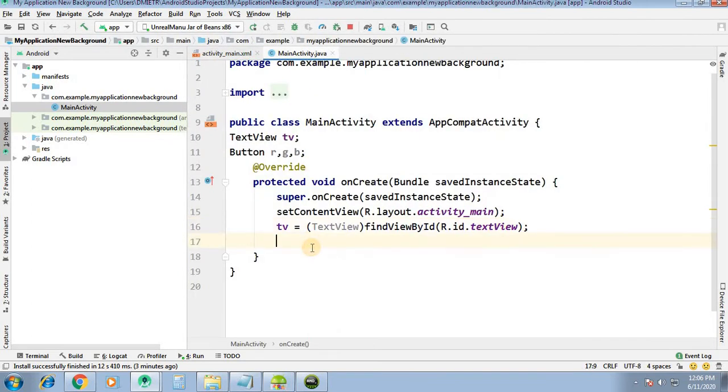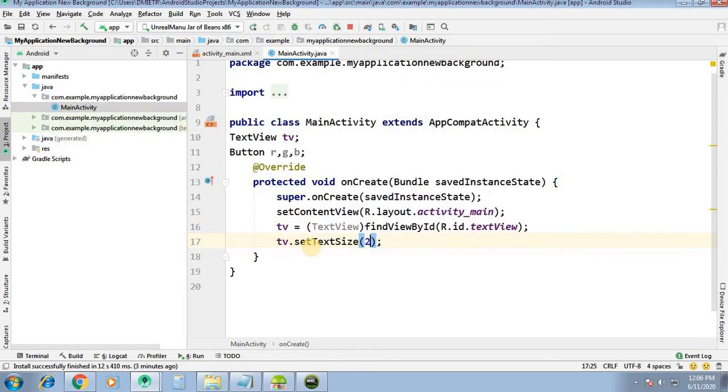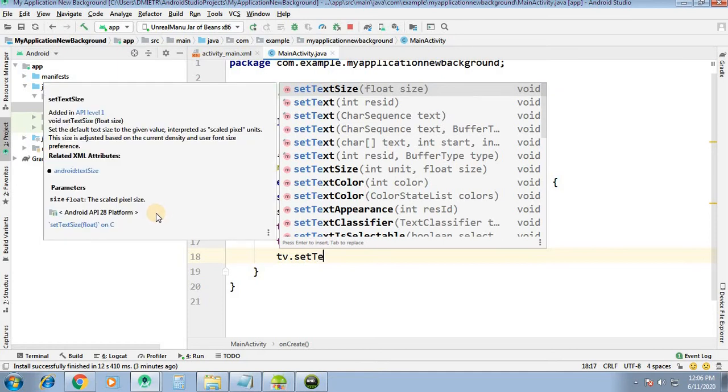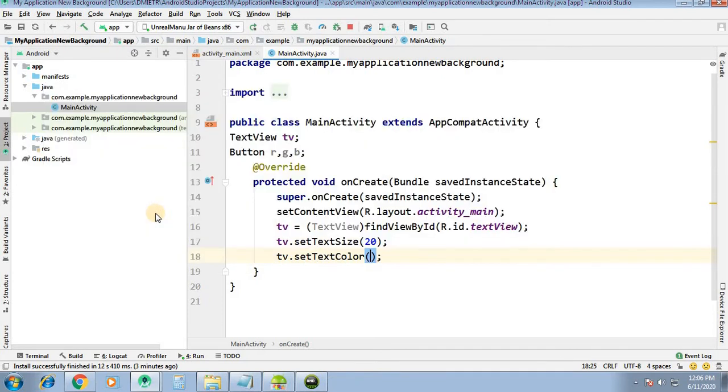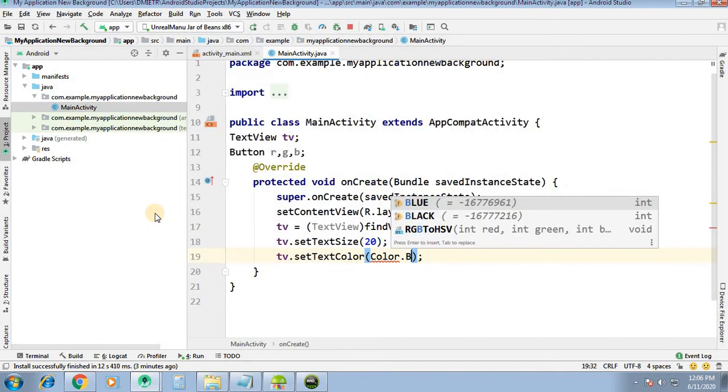Initially, TV dot set text size, we will set text size to 20 and the color will be black. TV dot set text color, color dot black, we will set it to black.